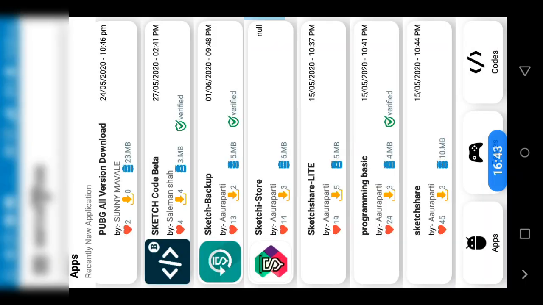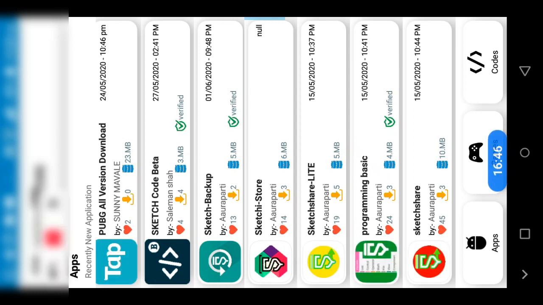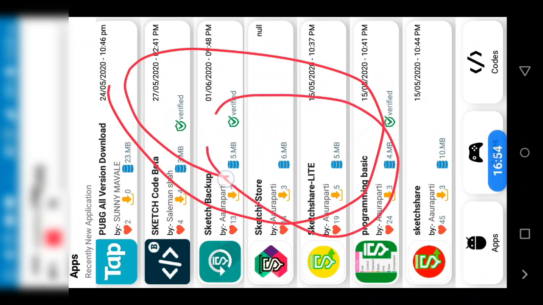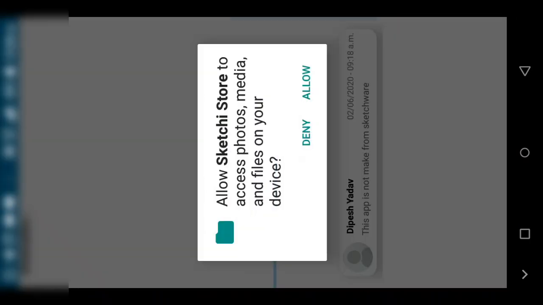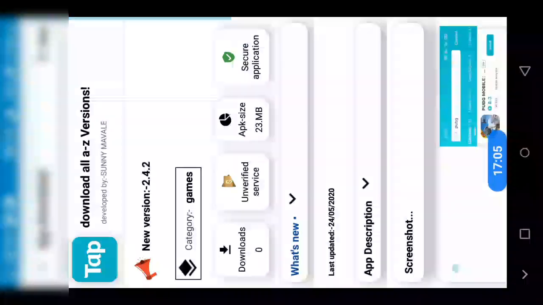So you can see here. If you have changed this Firebase, this will not appear, because all of this will be loading from the Firebase. So now we have changed just for the ads. You can see there are no ads here. When I open here, you can see there is no ads loading.